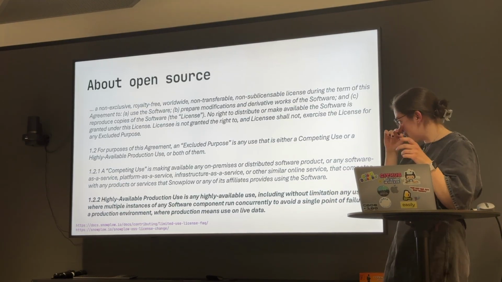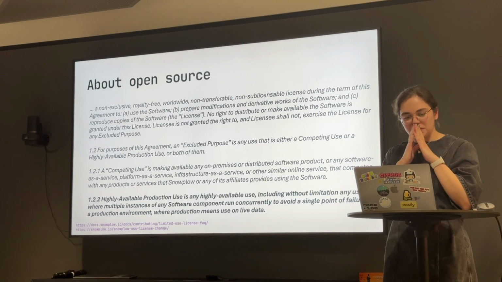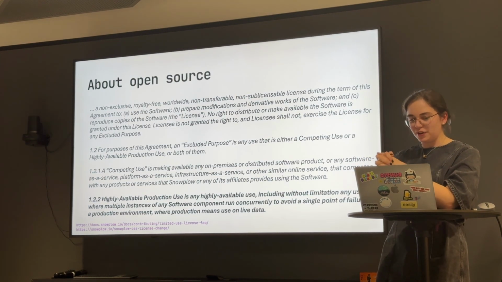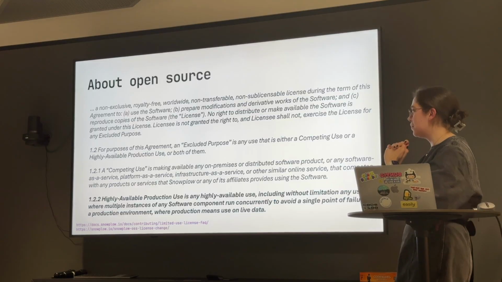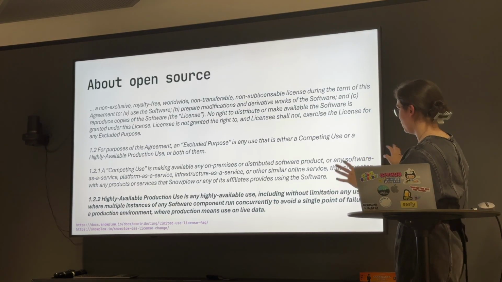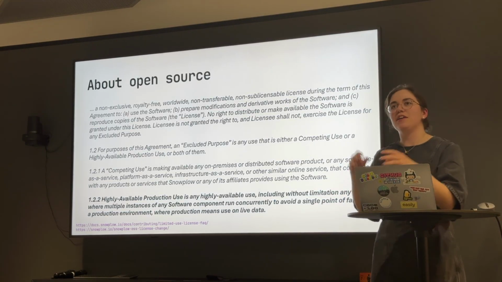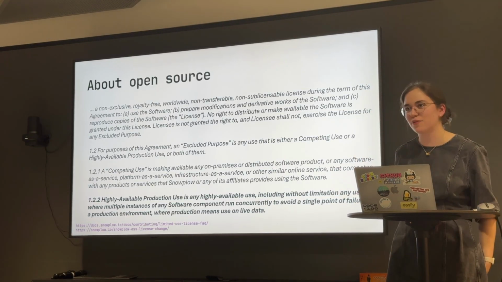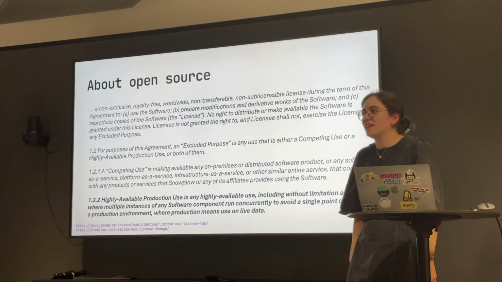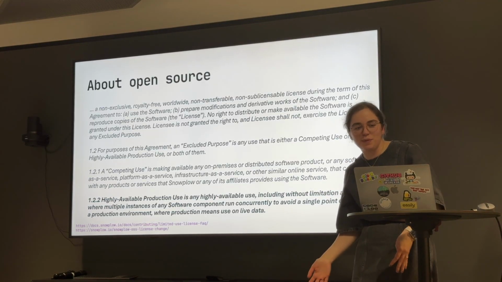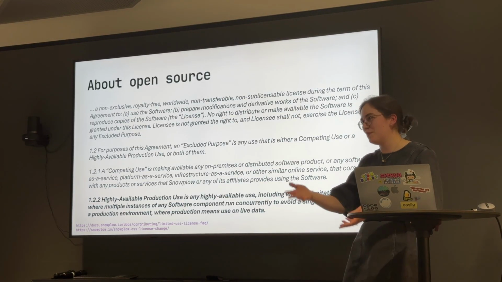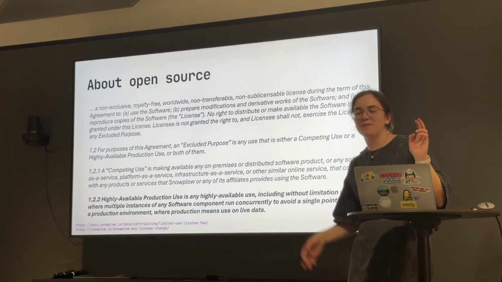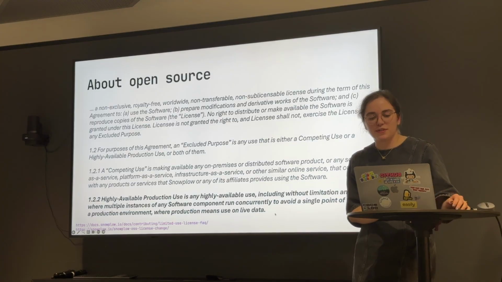But in January 2024, they added a super interesting clause, saying we have now another case which is not okay for us, and they called it highly available production use. I even talked to some people doing licensing about what that means. Does that mean I can't have a staging Snowplow and a production Snowplow? In the beginning I namespaced them, staging and production, because I thought maybe we can't do that. So it turns out,